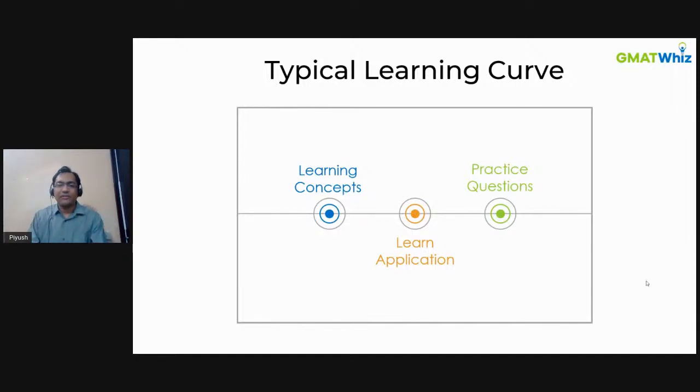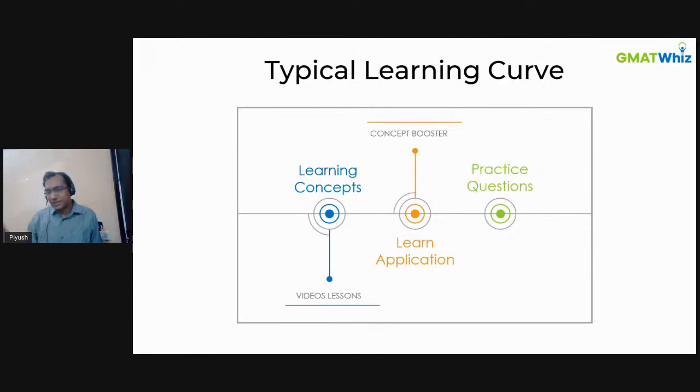For every topic that you learn, we create 3 steps of learning. The first step is learning concepts, where you go through very detailed video lessons. Then you learn the application through our specially designed concept booster files. So what is a concept booster file? We have researched every single type of question which comes on the GMAT from a topic. We have given 1 question of each type in the concept boosters,